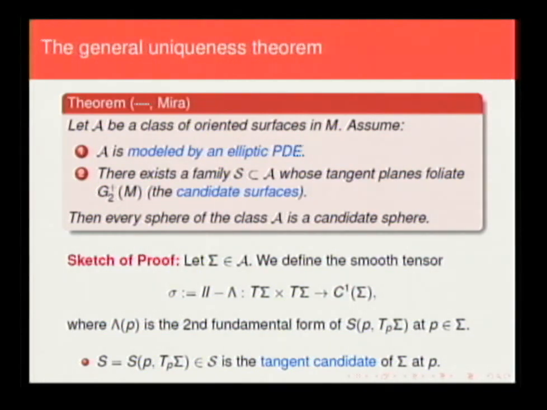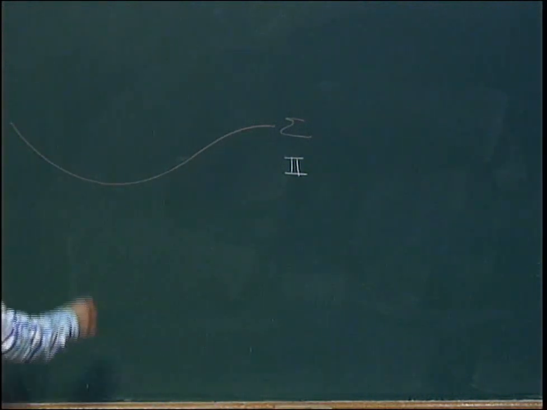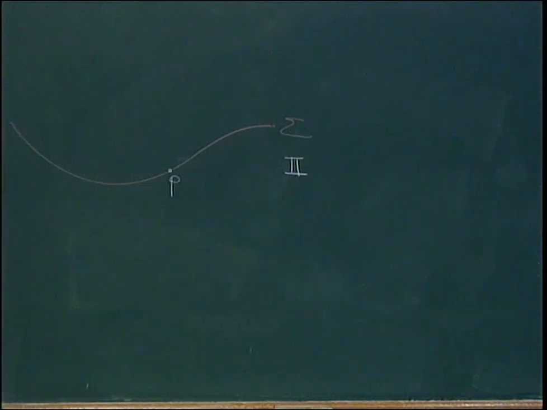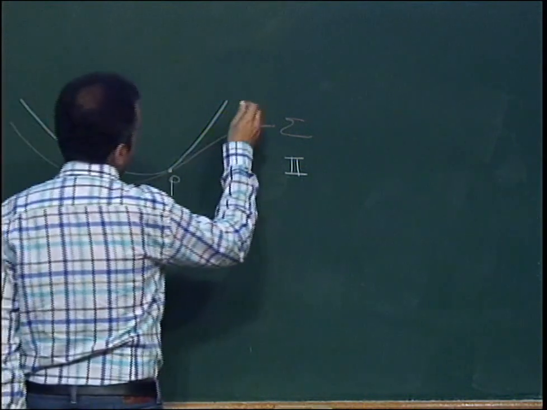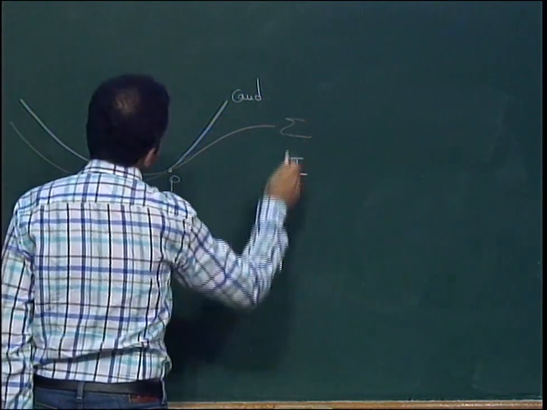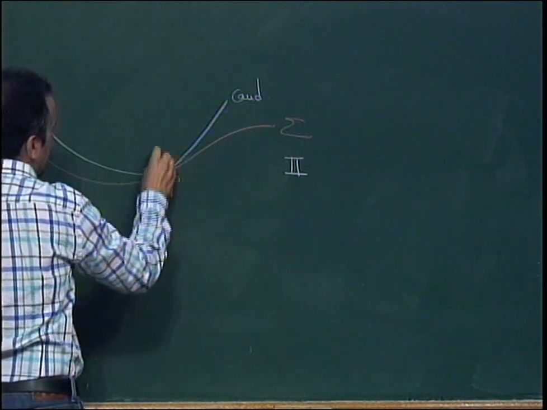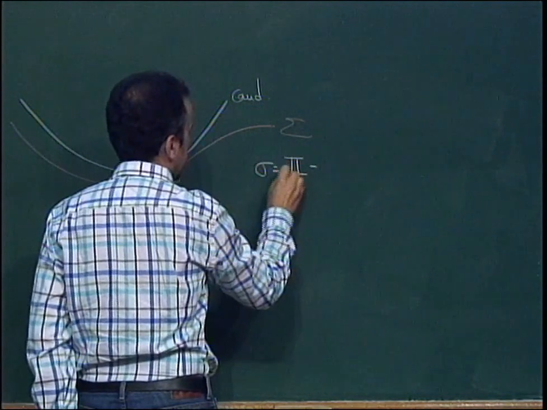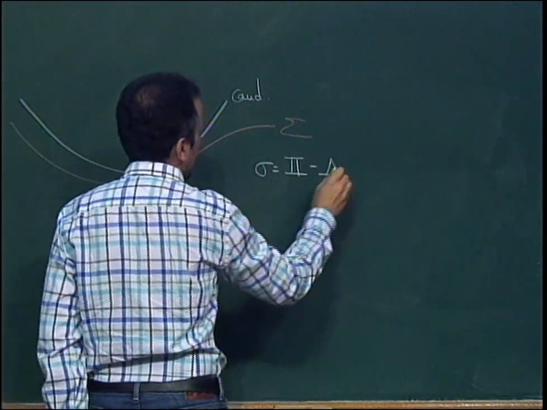We are going to consider a surface, sigma. We will consider on sigma the second fundamental form of sigma, and for every point P in sigma, we consider the only candidate surface that is tangent at that point. So here we consider a candidate surface at that point. We consider here the second fundamental form of this candidate surface, which I'm going to call gamma. And now we define the difference between the second fundamental form of my surface and the second fundamental form of the candidate